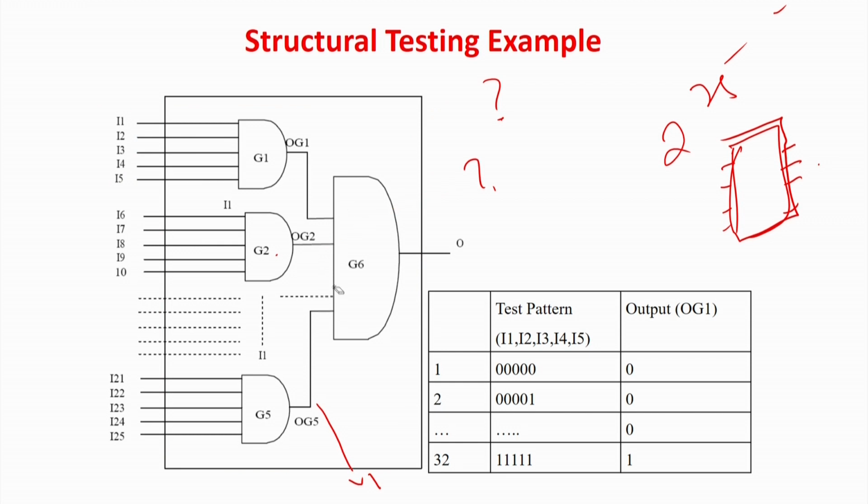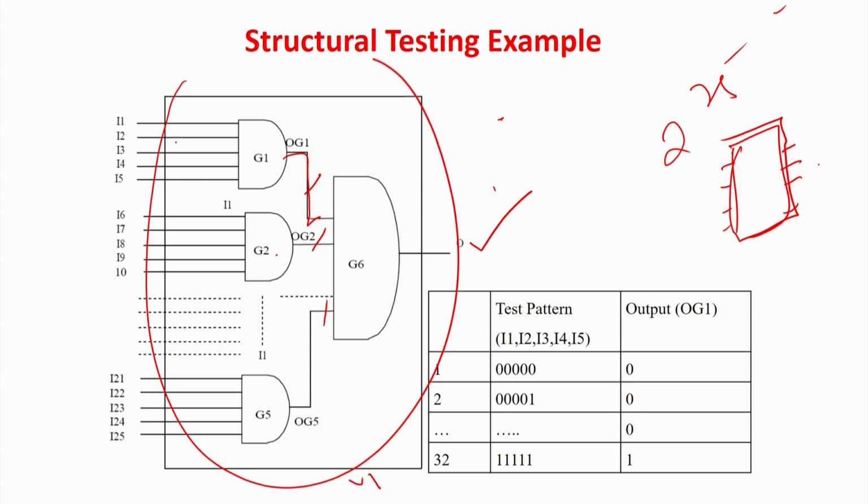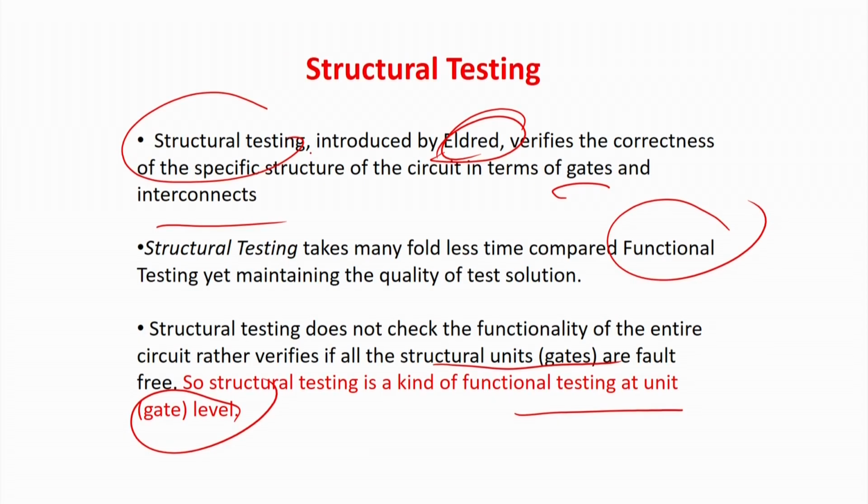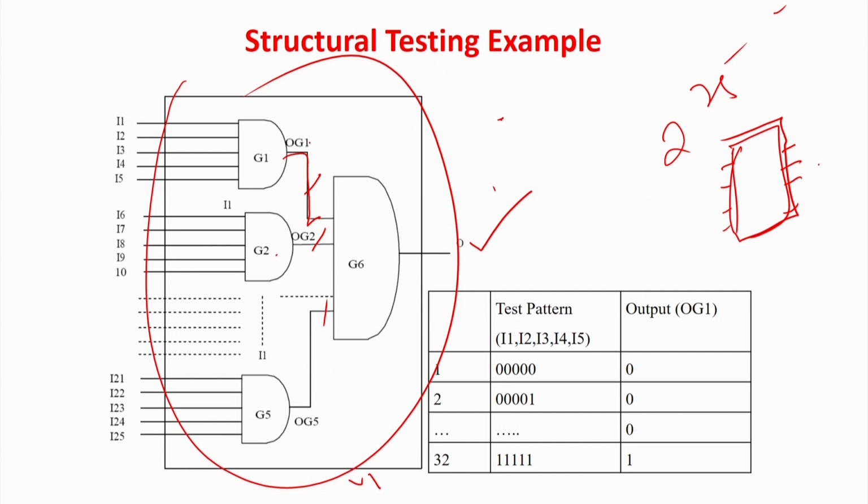Secondly, when I have to test this gate number 6, this observation is fine, but how do I apply patterns over here directly? How do I do it? Because these are combined lines and the structure is closed. So, how do I have access to it? It is called structural testing has the problem of observability and controllability. Difficult to observe this line, difficult to observe this line as well as difficult to control this line. How do I do this?